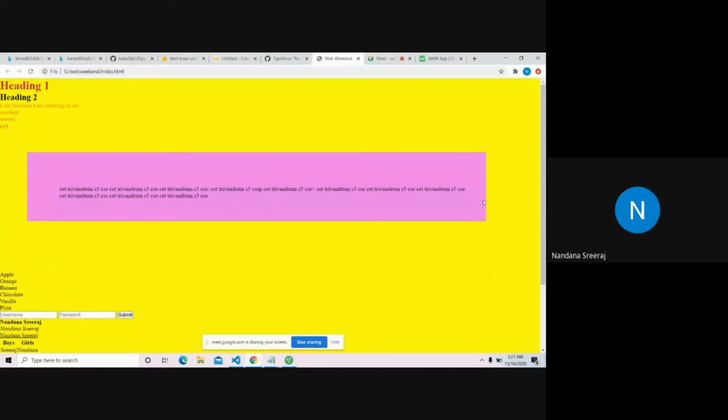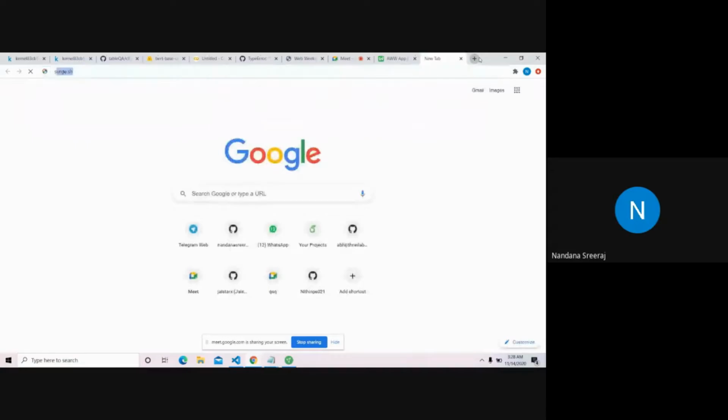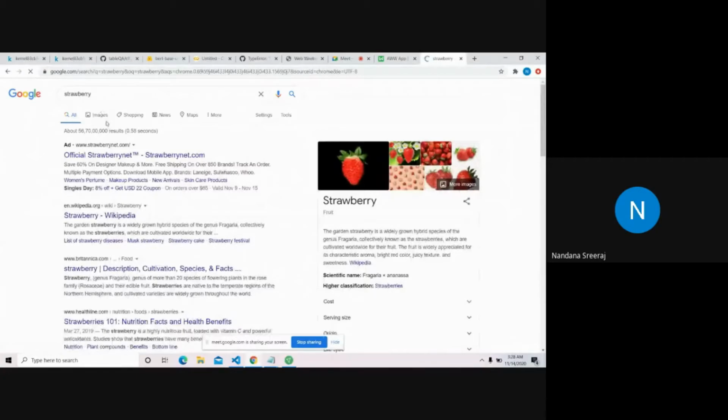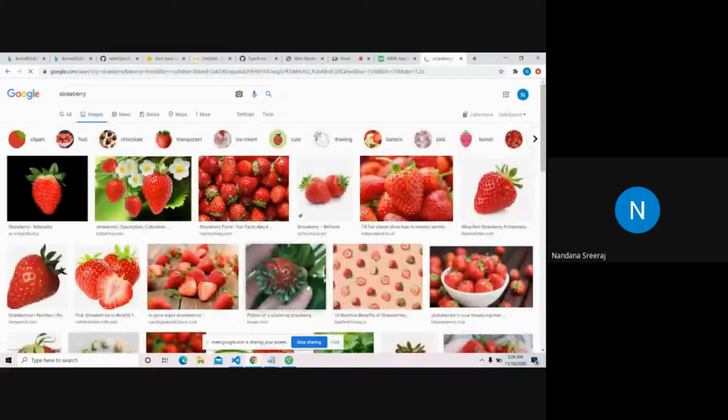And now we have something called width. Yesterday we saw a big image, right? An extremely big image, and we were not even able to see the whole image. It was really big. This image is small, and I'll show you how to fix it. I will take that image only. What was that, the strawberry, right? A very big image and not at all good to see. And I told you yesterday that we'll format it today.